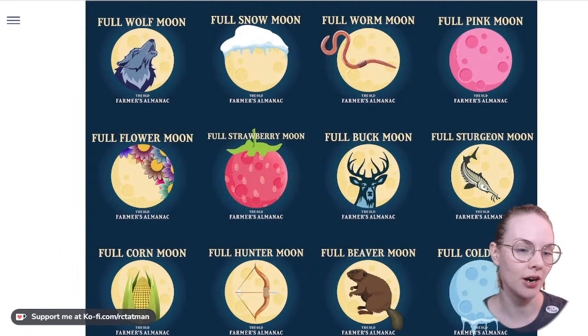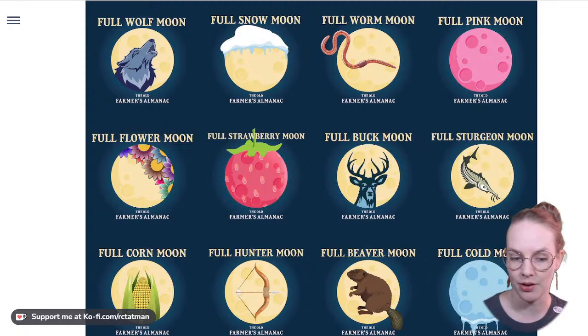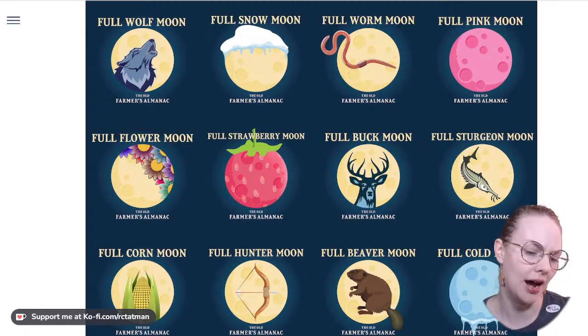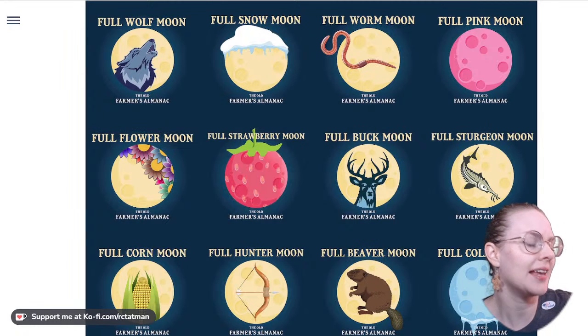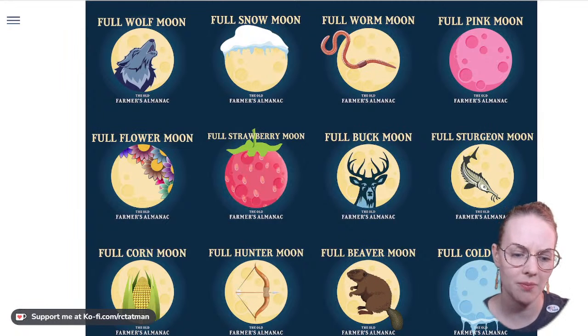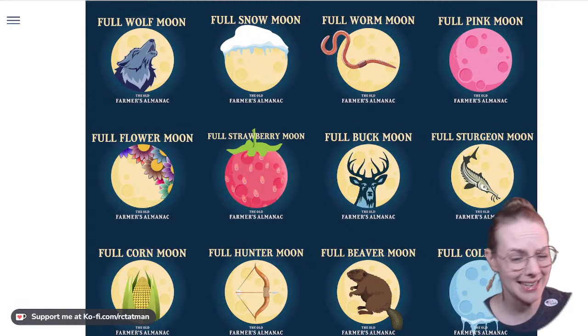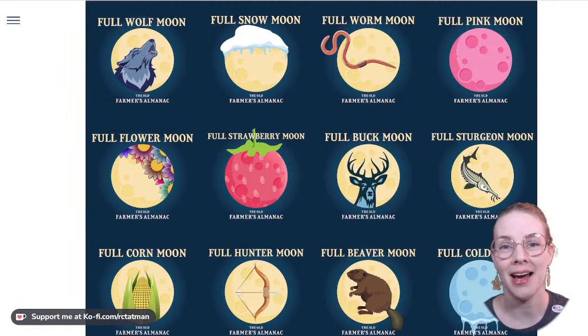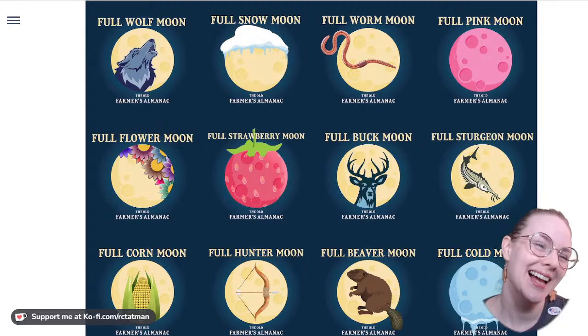So these are, again, the Old Farmer's Almanac, probably one of the more commonly discussed moon names. I think there's a Llewellyn book that people keep mentioning to me that focuses a little bit more on zodiacal signs, I guess. I'm just trying to plan things at a good time.